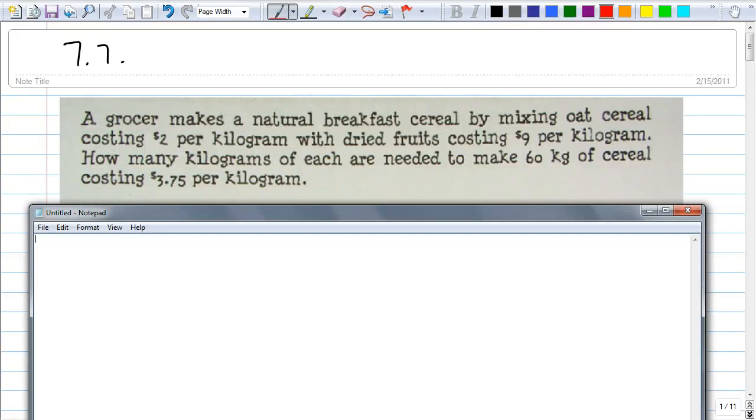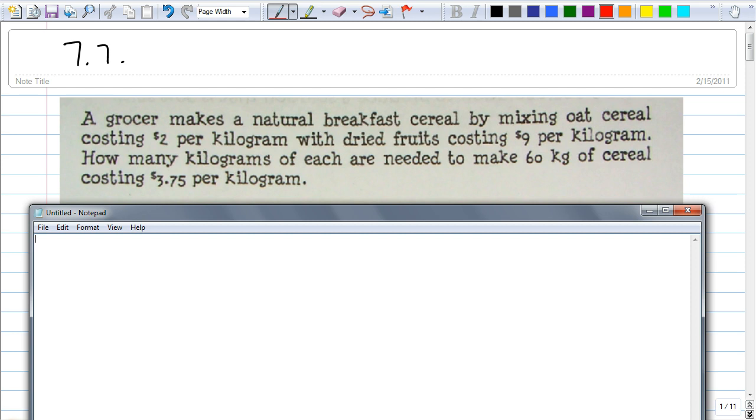So now that we had some time to read this on our own, can somebody explain to me what they want to do here with the cereal and the dry food? Yes, sir. They want to make a cereal with that 60 kilogram cereal that costs $3.75. Right. They want to mix these two things together, the cereal and the dry food, so that when they sell it, they want to make sure it's 375